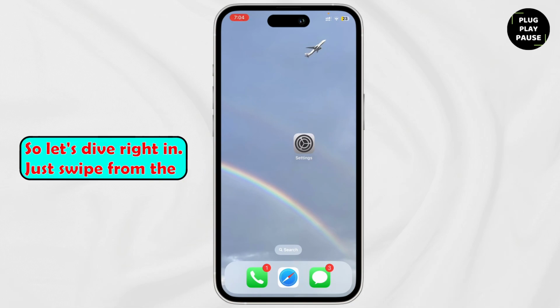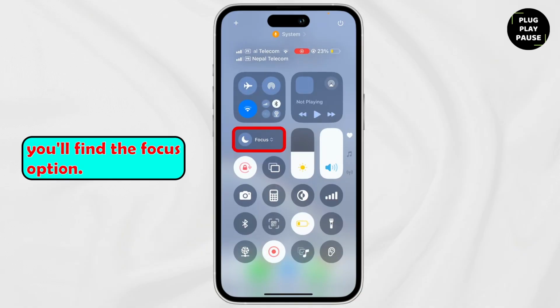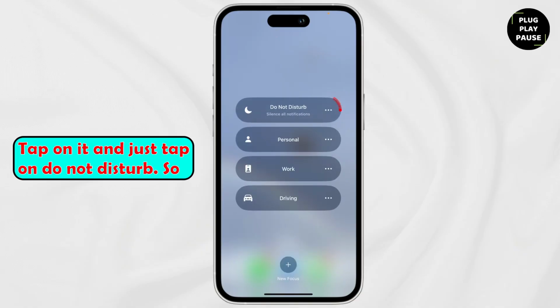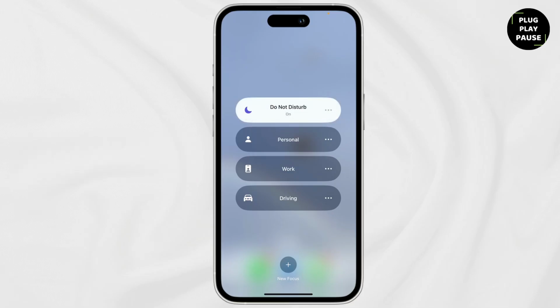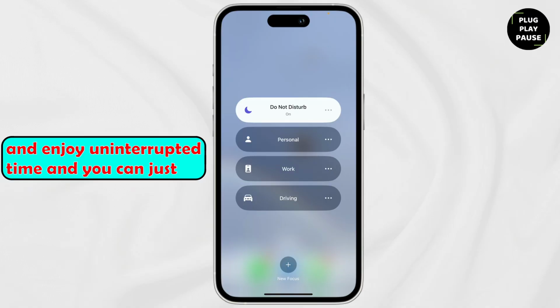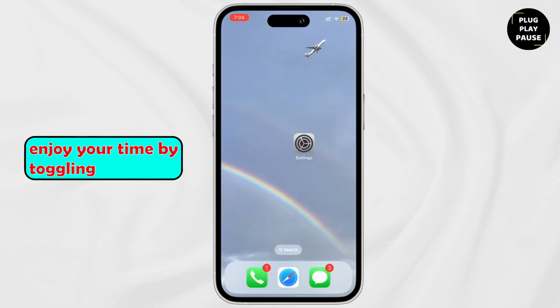Just swipe from the top right, and then here you'll find the focus option. Tap on it and just tap on Do Not Disturb. So this will toggle it on. So you can silence notifications and enjoy uninterrupted time, and you can just enjoy your time by toggling on the